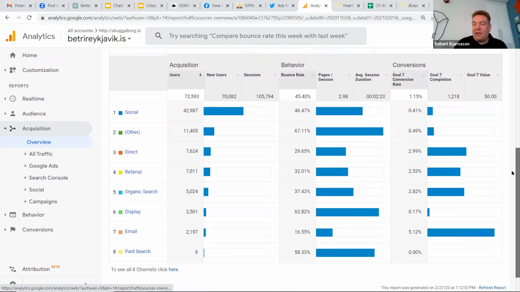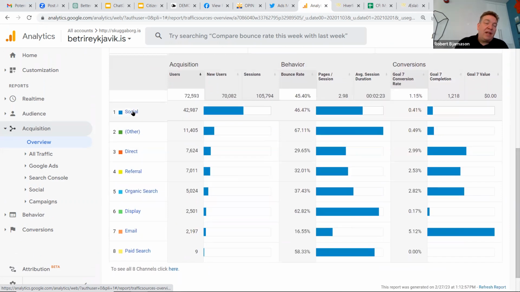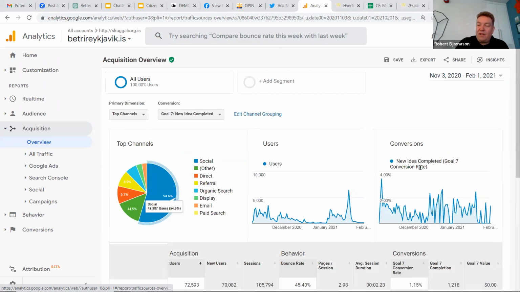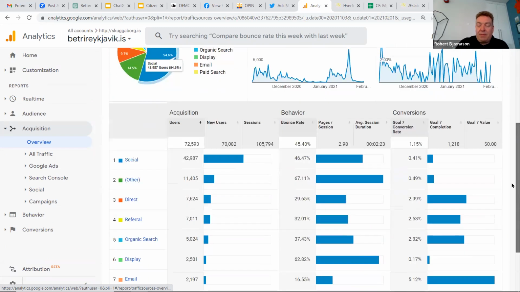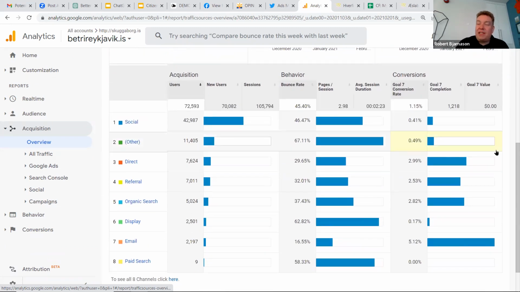And you can see a breakdown here of where people came from, like from social media. And here you can see the conversion rate for a new idea, because we are choosing the goal of new idea completed. People who have actually added an idea that has been saved in the database.